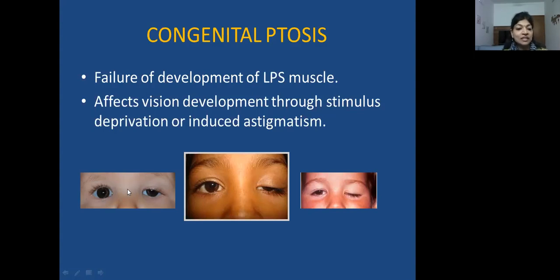If there is astigmatism, then such a baby would only require glasses to be prescribed because the ptosis is not much. But look here in these two pictures, the pupil is completely occluded and this is complete ptosis. You cannot leave a baby with such ptosis, because they're not going to see from that eye. They're going to have stimulus deprivation, which means the kid's going to have amblyopia in that eye. A kid at this stage, with either moderate or severe ptosis, will need to be operated on with surgery.